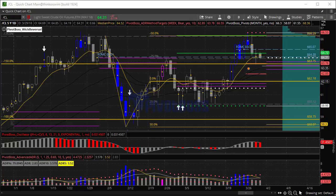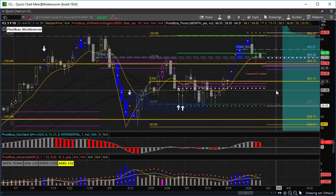So that's what I'm looking for right now. How does price play around that 63.72 zone? If we can't hold that level, we start working towards 62.18. Remember, if we reject here, we likely come back here. So any pullback, and right now 65.07 is in play. Any failure to hold above that zone or any failed new high could be an easy selling opportunity for a pushback to here. So again, any pop up similar to this could offer an opportunity to reject and drop this thing. So keeping an eye on CL after it rejected on 66.29, below that level offers more short-term weakness,